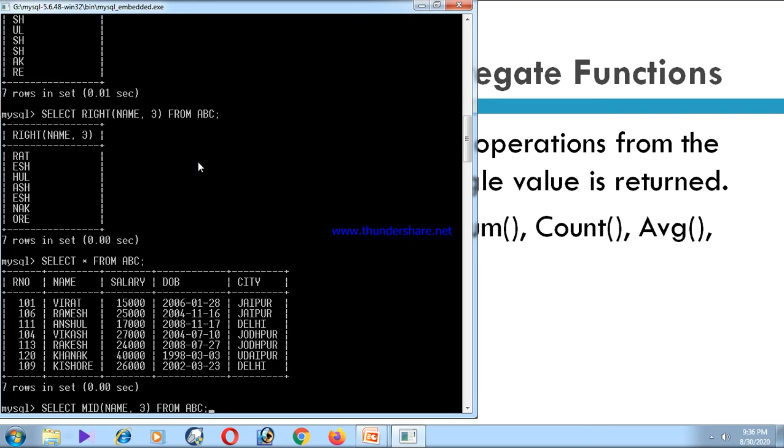What will happen? The computer shows me the name from the third alphabet. Third alphabet means what? VIRAT. V is at first position, I is at second position. Yes, in MySQL the counting starts from 1, whereas in Python the counting starts from 0. Right? It is a very important concept, student. Just listen again. In Python, the counting of the position starts from 0, whereas in MySQL, the position starts